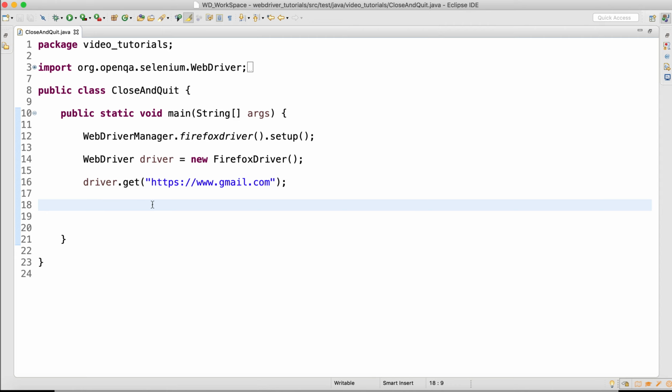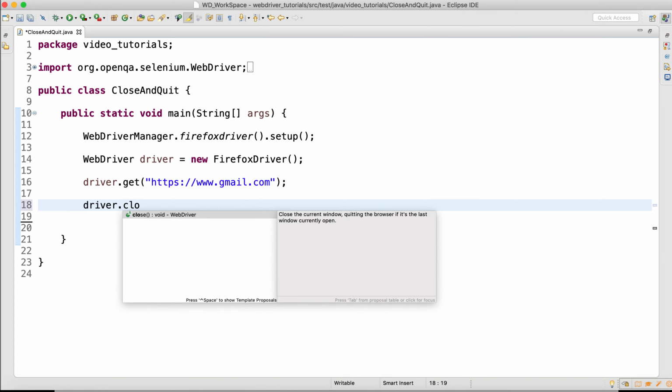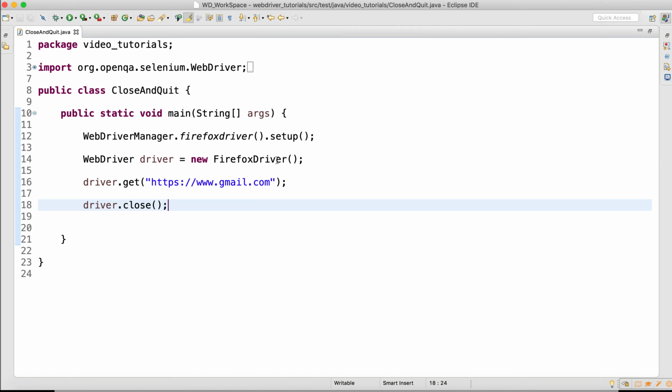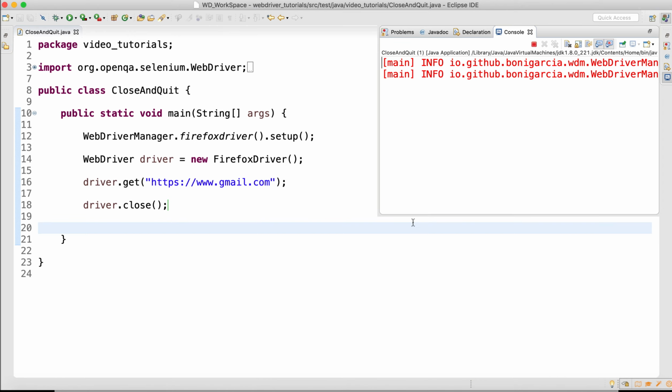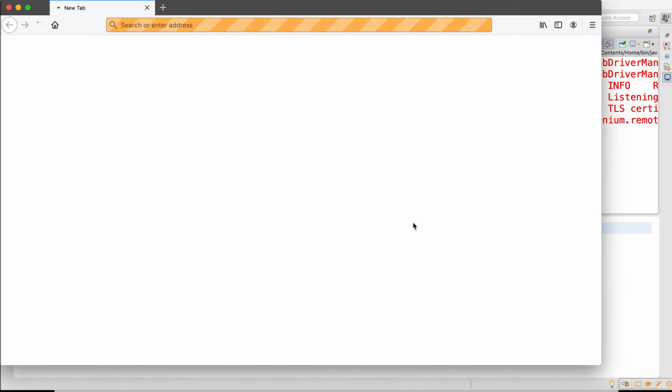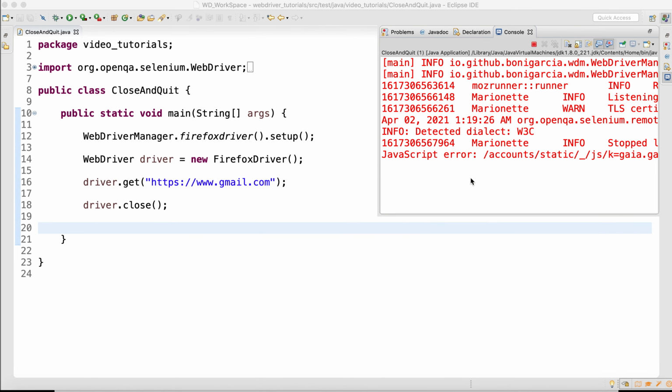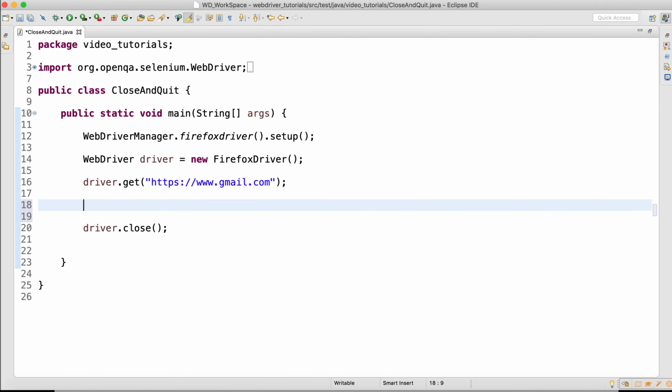What I'm trying to do here is open gmail.com, and then call the close method first. It is going to open one window, and the domain is loaded, the gmail.com page will be open, and then you will be closing that window. Let's execute this and see what happens. You can see here the browser has loaded the window, and then it has closed it immediately. If you just want to see the execution properly, I will add a sleep of around 3 seconds.